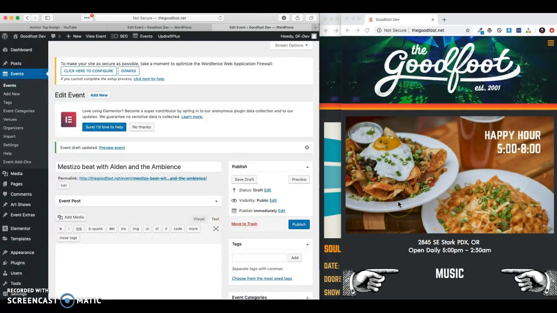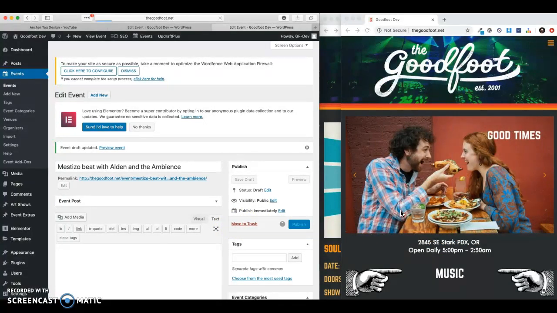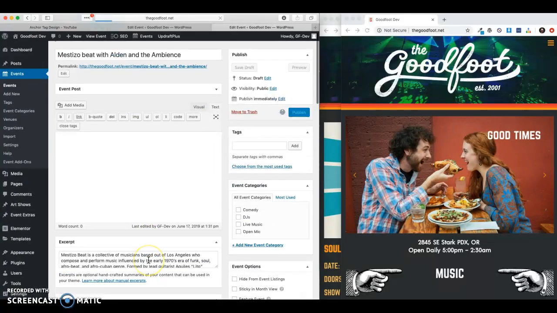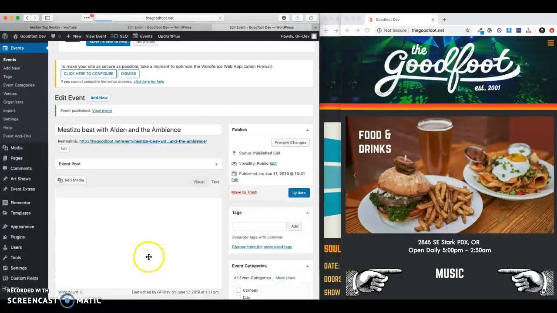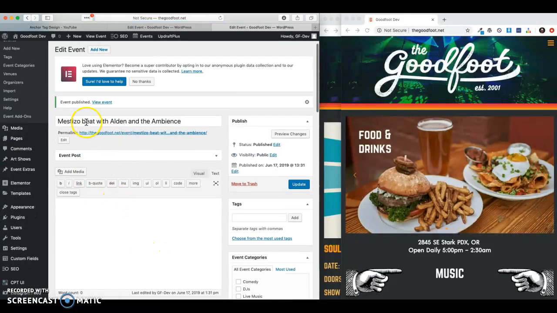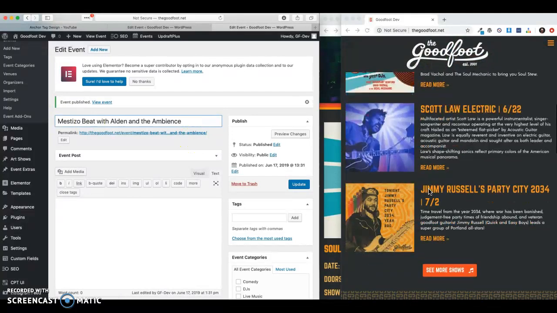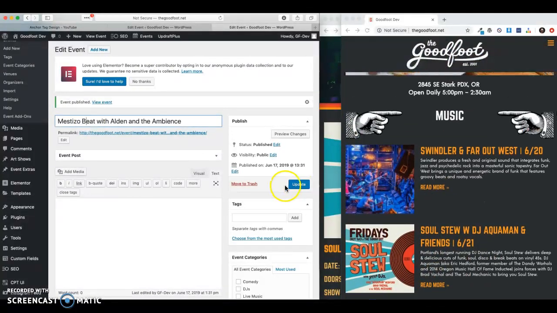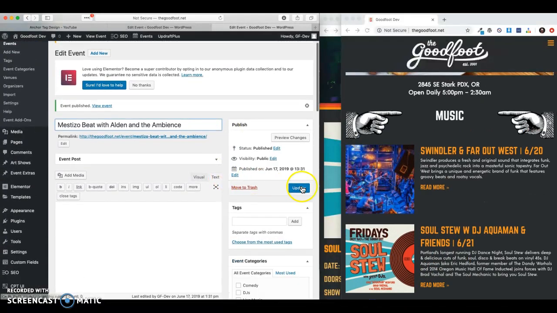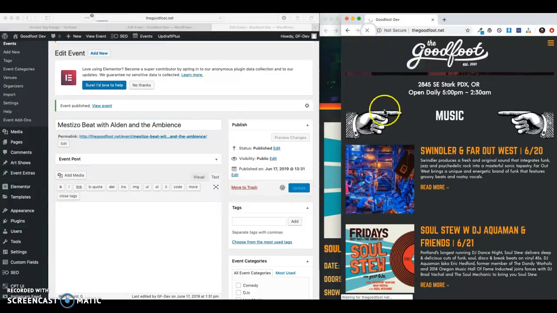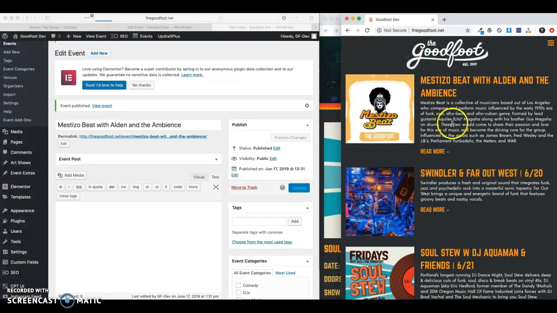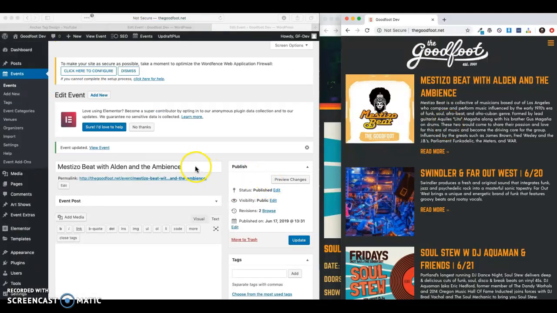publish that. And like I said, these are coming up in the wrong order until we go through the actual events calendar section. I also missed this capitalization there, but it's weird. Where did it go? Update. So again, this is out of order, but we're going to get there.